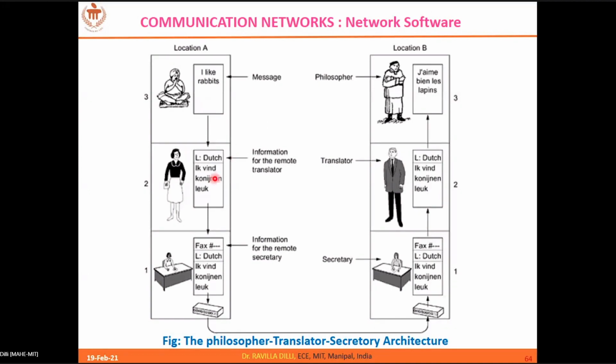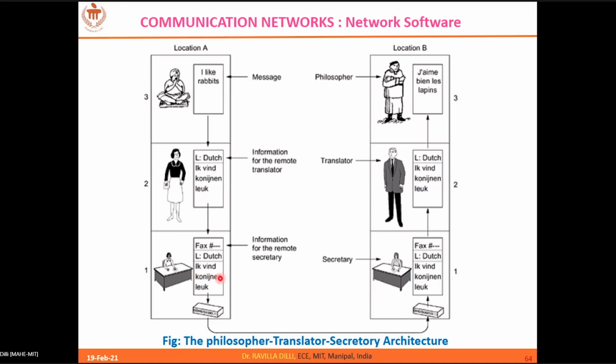It is possible because here you can see layer 2. What's happening here? The translators present at layer 2 are using a common language called Dutch. These two are peer entities. So they should use the same set of rules and regulations, which is the Dutch language. That is a protocol. So what I can say is that at layer 2 they are using the same protocol. Then only they can communicate.